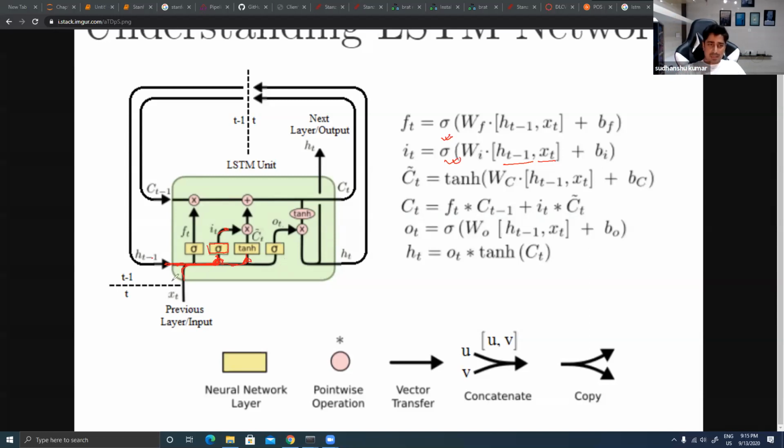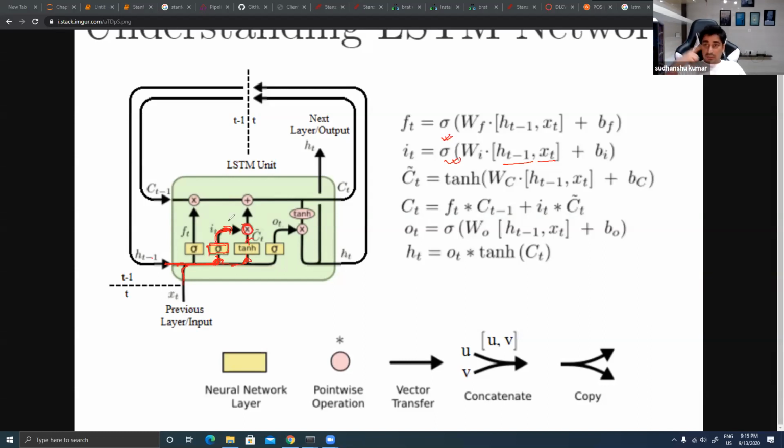So we are trying to pass these two data, meaning the current data and the previous output, both inside the hypertangent function. And we are trying to multiply this current input and previous output, right? So whatever the neural network is going to give me, I'll try to multiply with the activation, meaning whatever activation output I will be able to get.